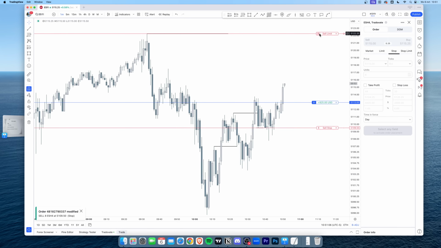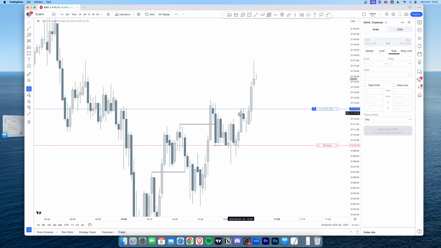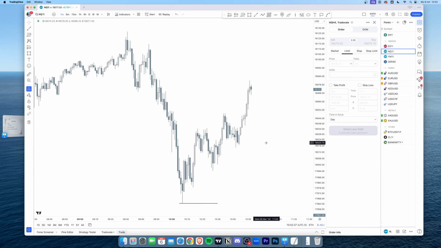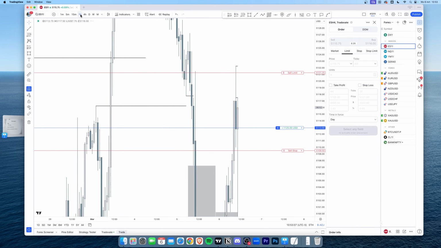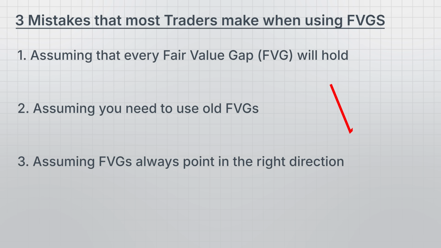And maybe I'm a little biased because I also took this exact trade, and I'll show you a little live clip, which is currently playing right here, of me taking that trade. And again, shared in the money making team as well. So we now understand the 3 common mistakes. That was the first thing we needed to understand in order to answer the question why fair value gaps are